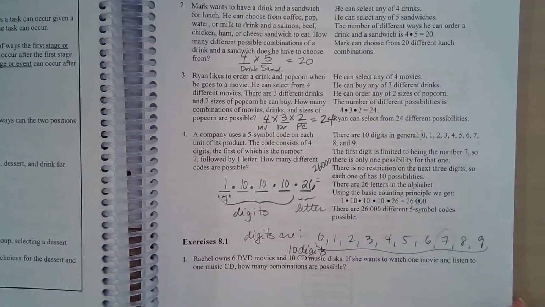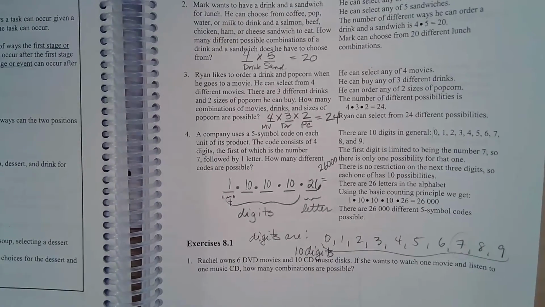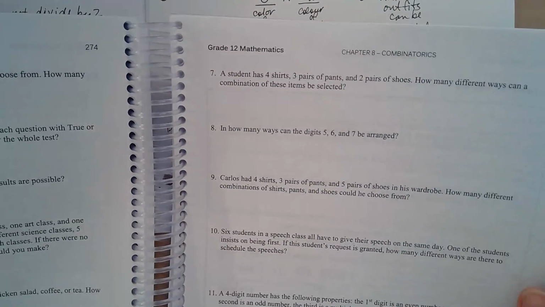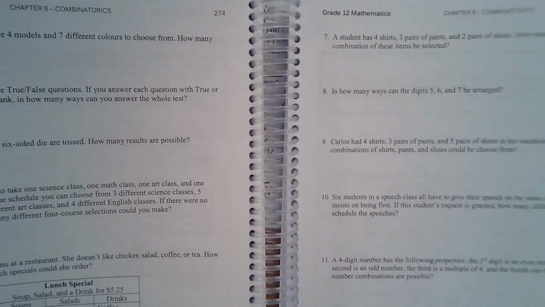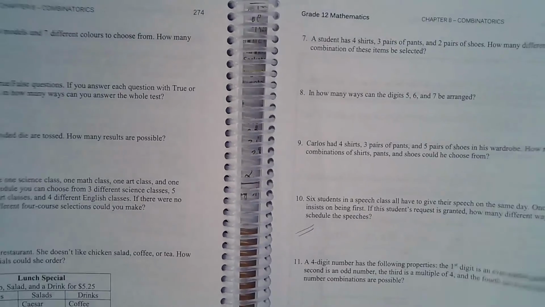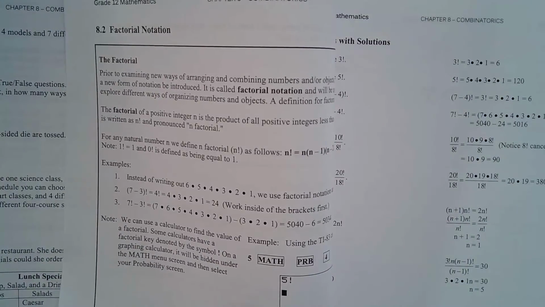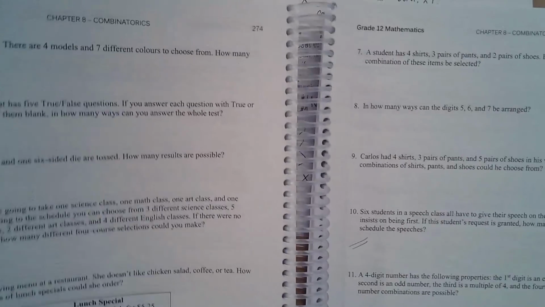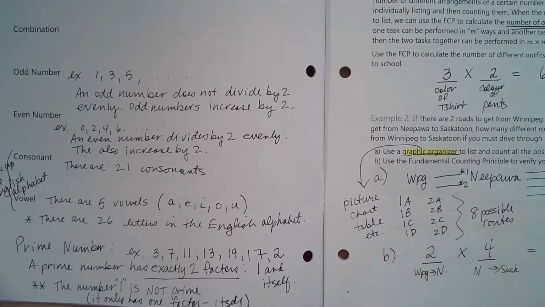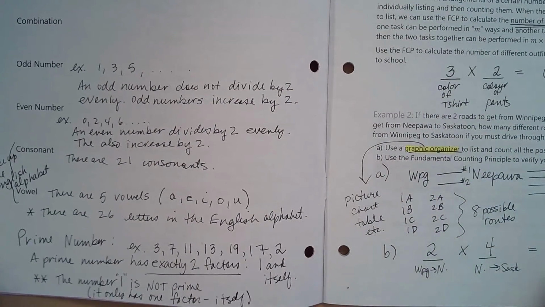So I'm going to assign, we're going to take a little bit of time, maybe till break. I'm going to get you to try working on assignment 1, going up to number 10, 1 through 10. And then we're going to talk about factorial notation. But first, if we go back to here,